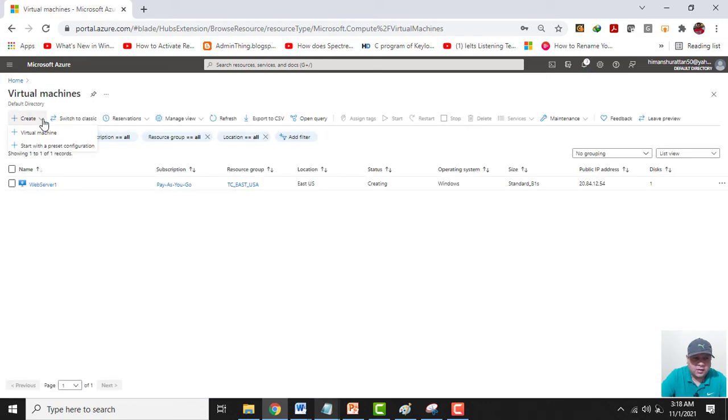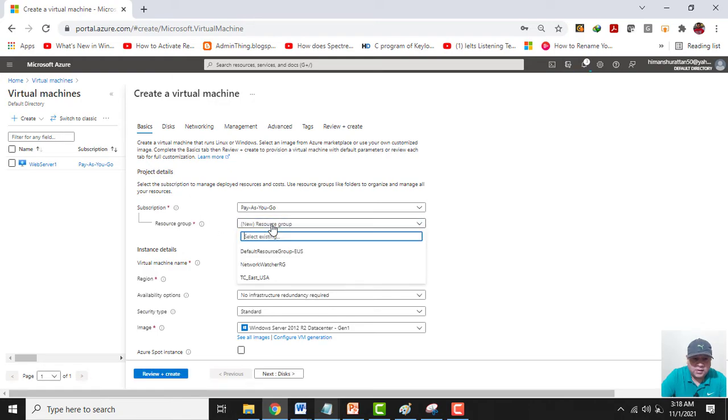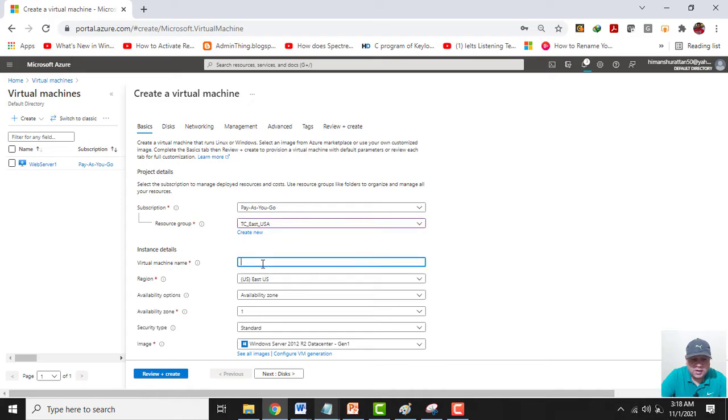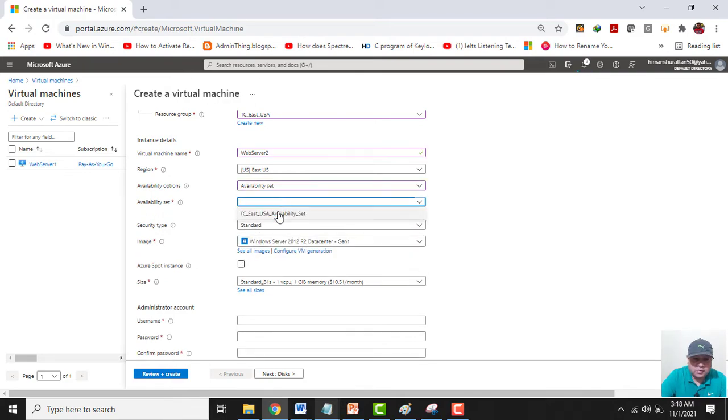I will click on create, then I will select virtual machine. I will select the resource group as TC_East_USA. Name of my virtual machine will be web server 2. Region is fine. Now I will select availability set, and I will choose the availability set that we have created.